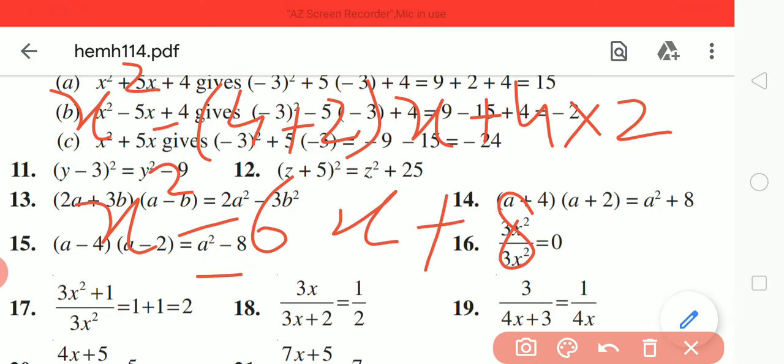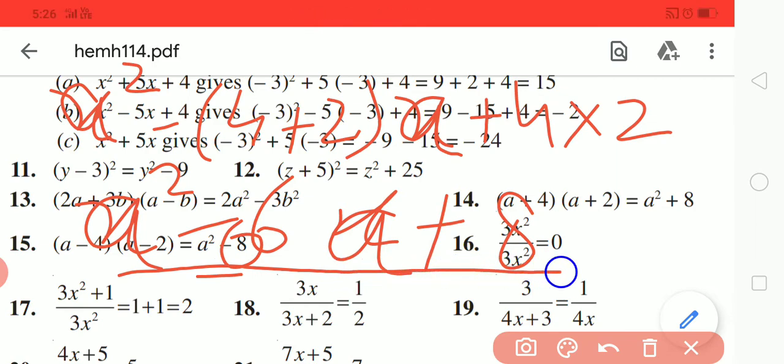Instead of x we were using A, so you can replace this x by A, and you will get A square minus 6a plus 8. If you have been given x you can write x, if you have been given a you can write a. Here only the first term is right and minus 8 is wrong, so you can circle it, and the correct form is a square minus 6a plus 8.